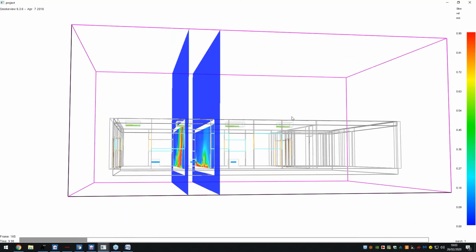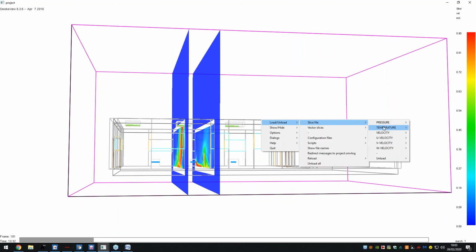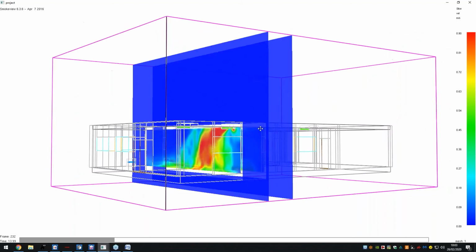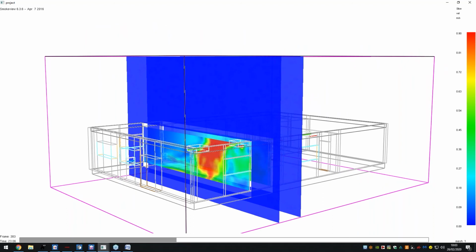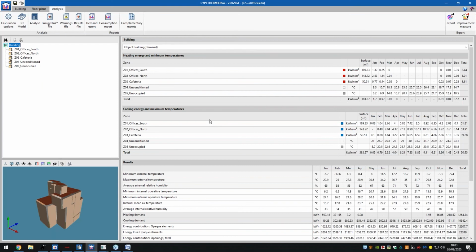As such, you can see here all the different slices that I'm able to generate. So pressure, temperature, velocity. We can even look at visibility, etc., when we go further into our fire solutions. So this sort of feature appeals to certain professionals that like to visualize the effect that their ventilation and their air conditioning models have on particular spaces, and we can do that here as well. Now let's go back, and you can see here upon completion of the results,